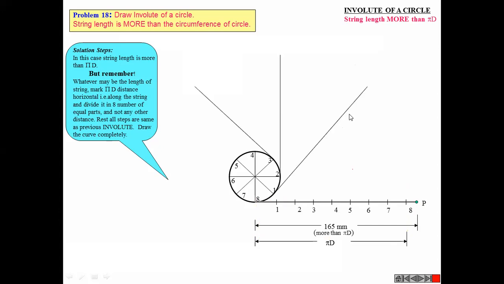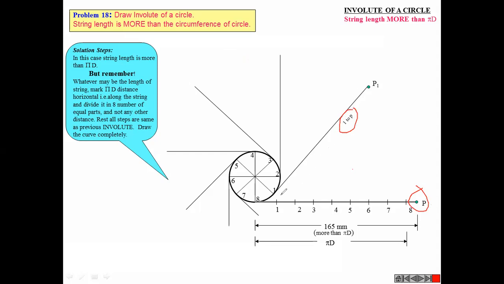Draw a tangent from every point like this. Then same way, 1 to P. Now in this case, when we mark the arcs, we have to consider that extra point, this point P. In the earlier case, our P and 8 were the same. 8 was only P, so we were speaking of 8. That is fine, so in that case it was okay. But here we need to speak of 1 to P. It is written also.